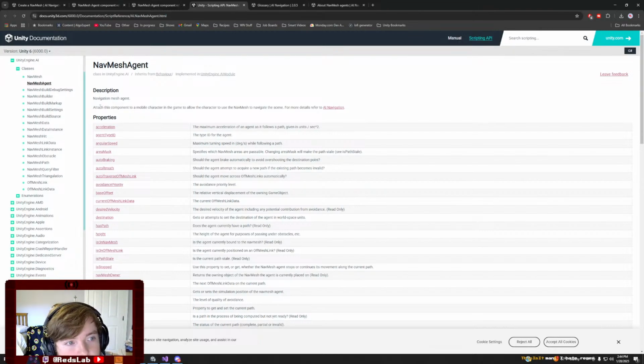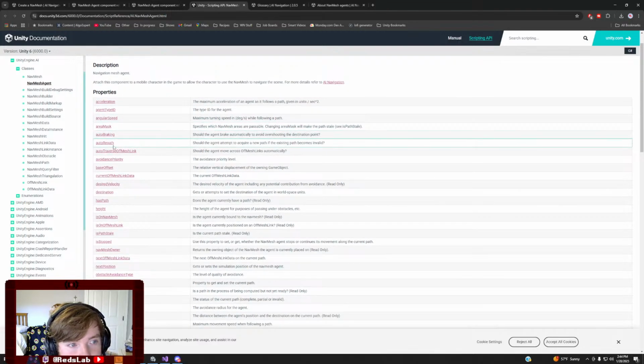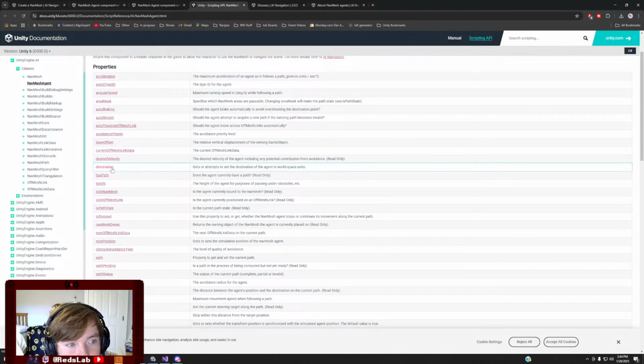So navigation attaches command to a mobile character in the game. Allow the character to use damage. For details, refer to AI navigation. So we have acceleration, the maximum acceleration measure that follows a path given its units and seconds squared. Auto braking, auto repath, traverse off mesh, avoidance priority, base offset. Destination, has path, height, is on